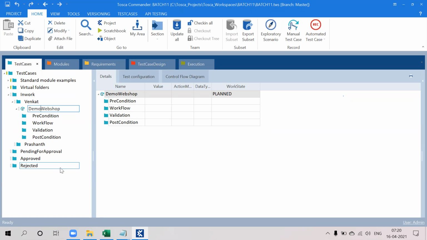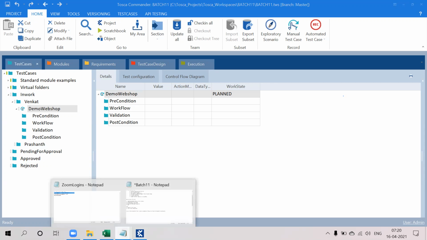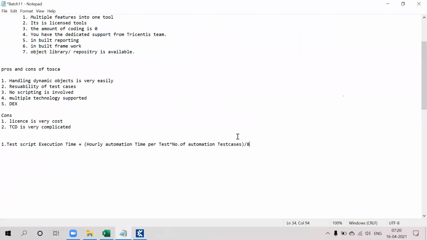Also, the process of Tosca will be like this. First, what the basic workflow will be like.